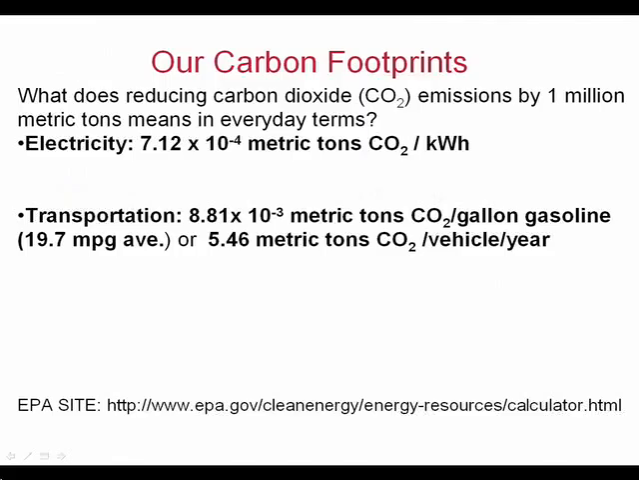Let's talk about another way of converting, and this is a term that we're going to hear a lot, or we have heard: our carbon footprints. What does reducing carbon dioxide emissions by 1,000,000 metric tons mean in everyday terms? Well, approximately 4 metric tons of carbon dioxide per person per year are emitted from people's homes. The three main sources of greenhouse gas emissions from homes are electricity use, heating,